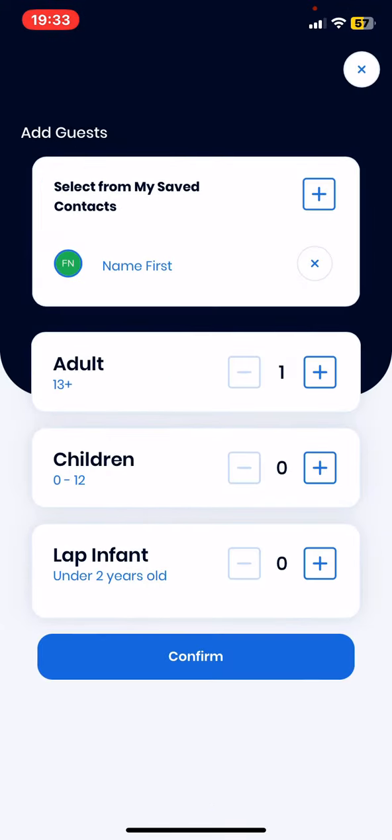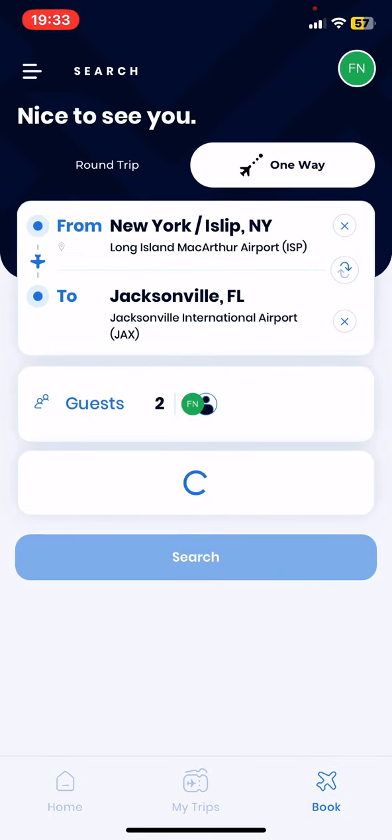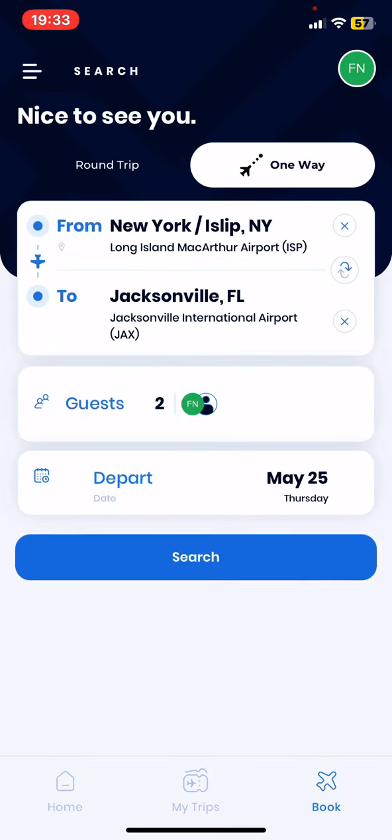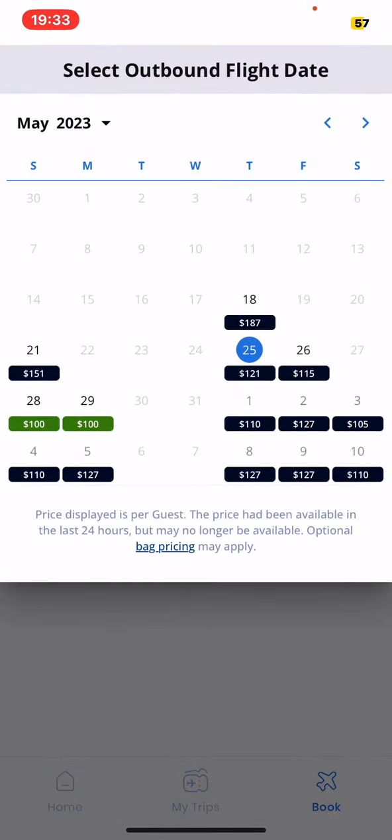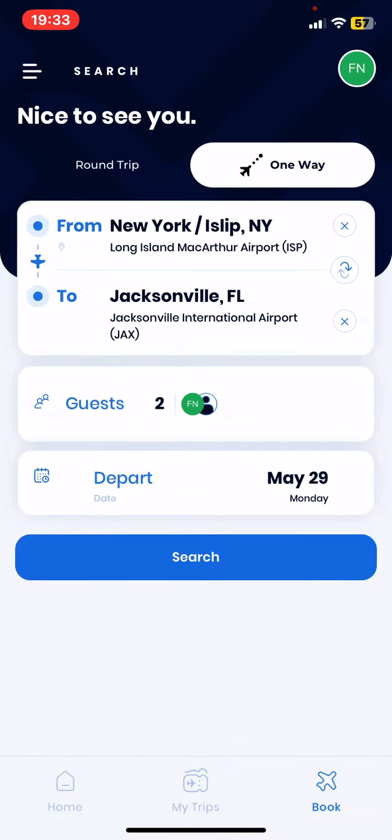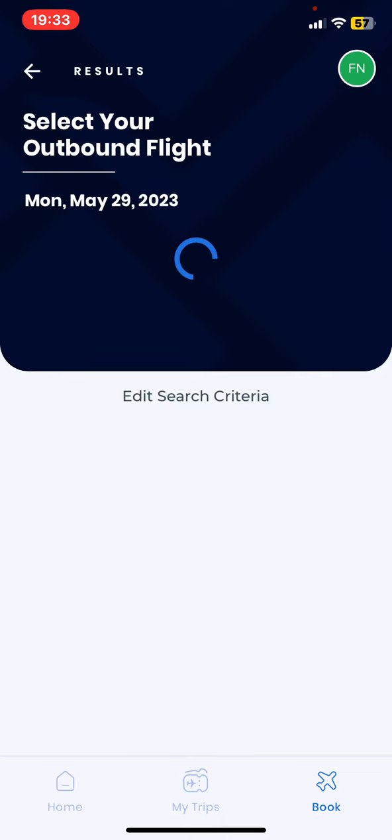Next, you have to set the guests, so the number of adults, children or infants traveling with you, and then just click on the confirm button, and then you have to set the departure date as well. As you can see, once you opened the calendar, you will be able to see some prices and price options for different dates. So once you set it, just click on the search button,